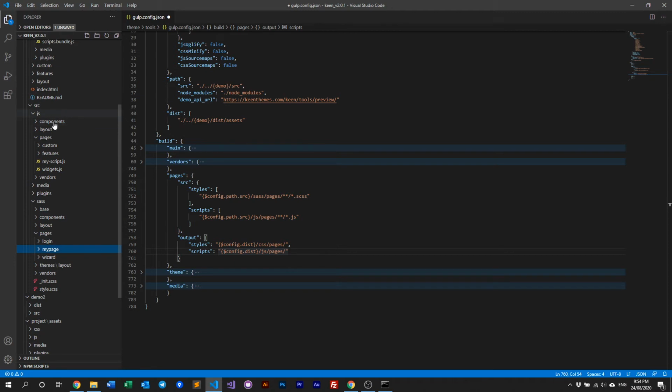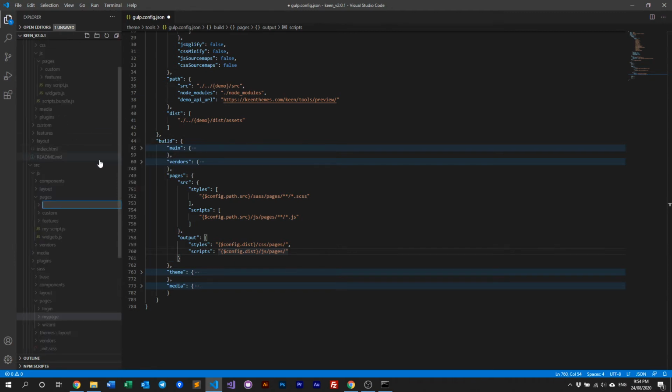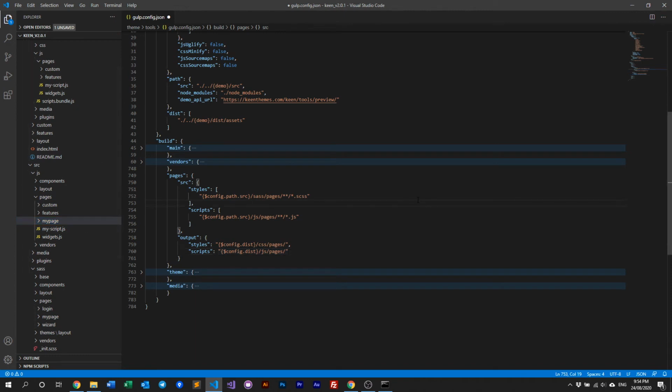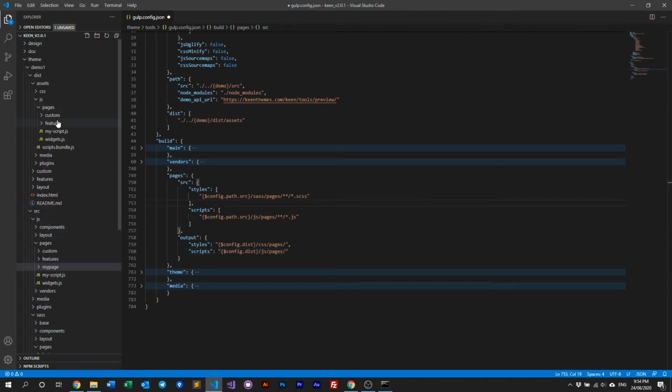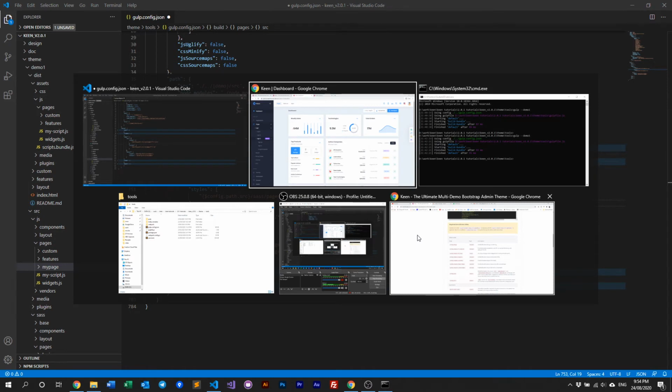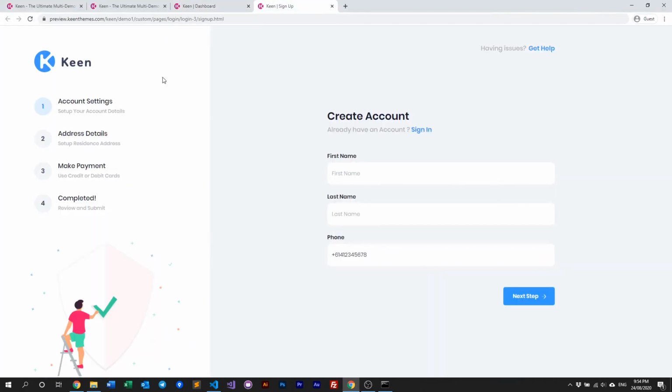Similarly with your JS, you do the same thing. You create your own folder, say my page, and then you put your JS files in it. And then when it compiles, it deploys into one of these. And then on that HTML, on that page in your project, you then include those CSS and JS files. So for example, if you look into our login page, if you look into our source,